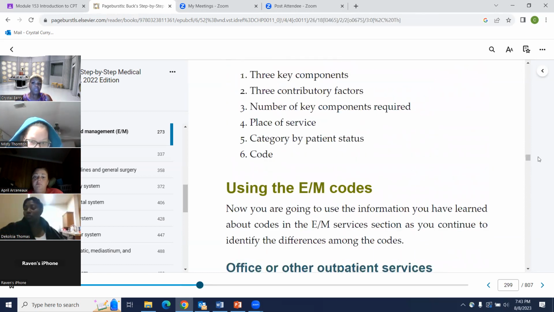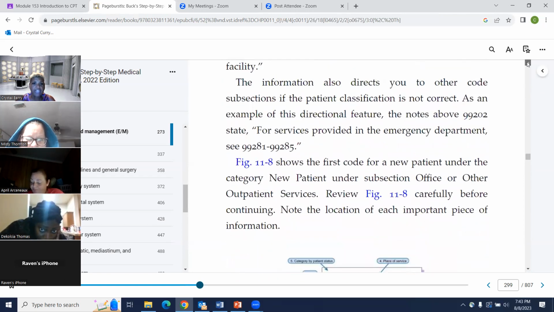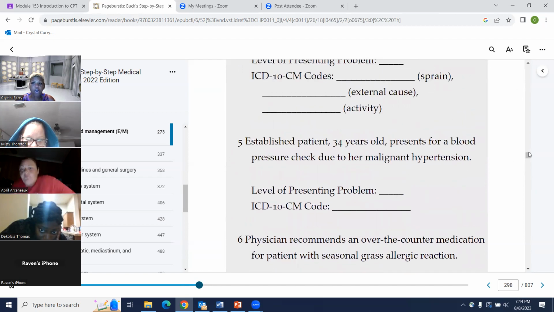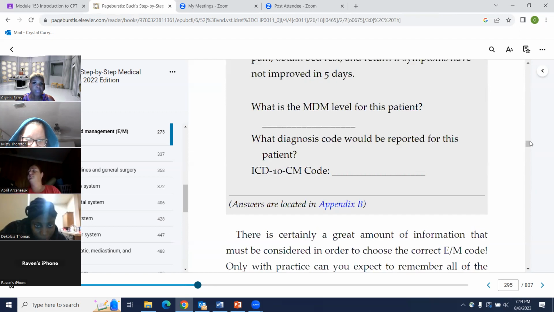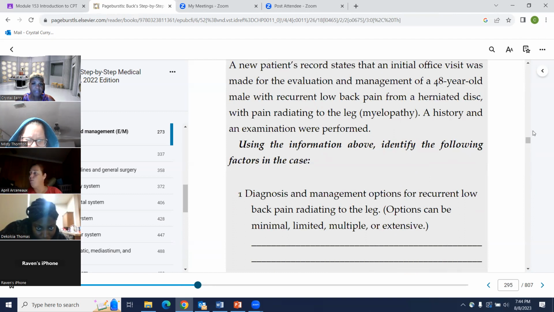So did everyone understand that section and how we got those answers? You have to read that information prior. It's always right there ahead of you. And remember, these are the type of things that will be on your exam. So just remember that.